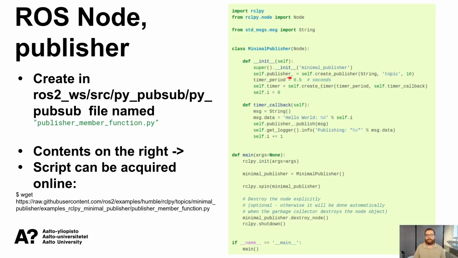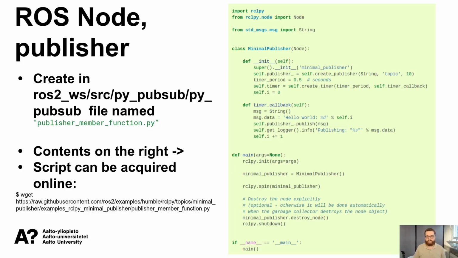So it's self.publisher_ equal to self.create_publisher, which is a method coming from the Node class. As input to this method, we are providing the message type, so String that we imported here. We are giving the name of the topic, here just simply named topic, which defines the topic that we are publishing to. And here we are defining the queue length for this topic. So basically, how many messages there are in the queue if someone is not subscribing to them as fast as